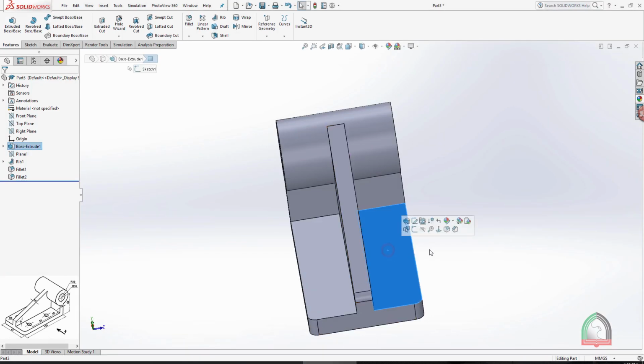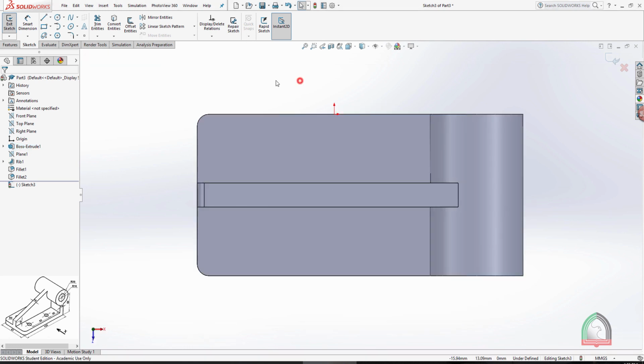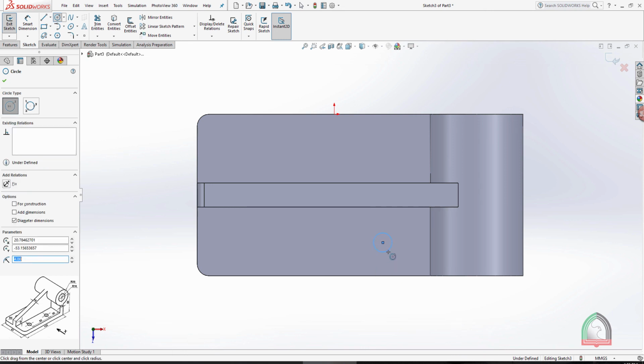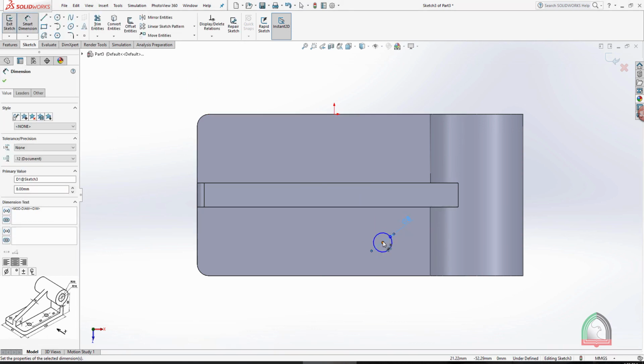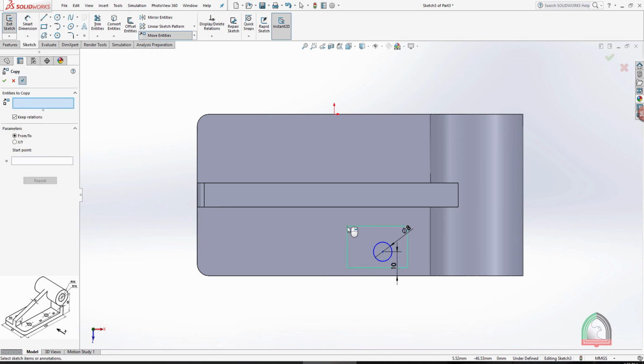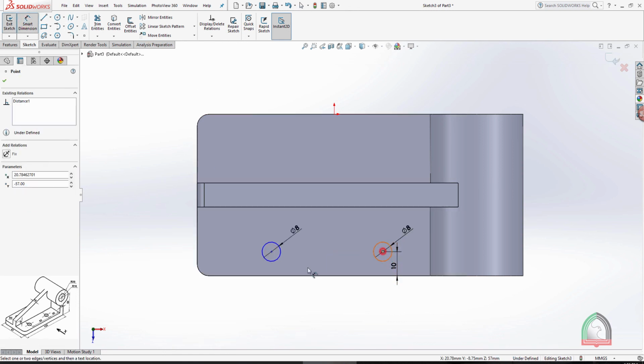So I'm selecting this face, going to sketch, pressing space bar and making it normal. Now I'm drawing one circle of diameter 8, keeping that dimension, and the distance from center to this edge is 10. Now I can make a copy of this one by using the copy entity option here. The advantage of making a copy is that it will retain this relation in all aspects. Okay, now I can give a gap of these two,